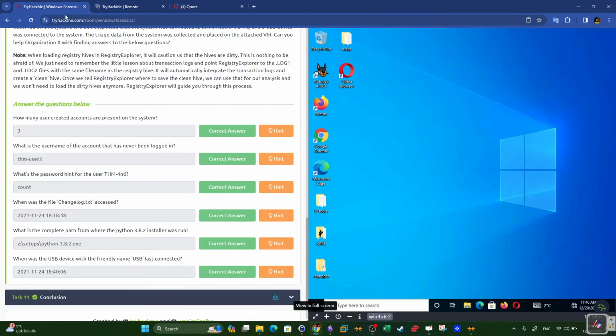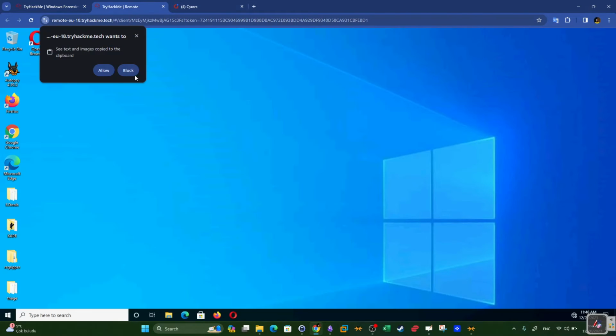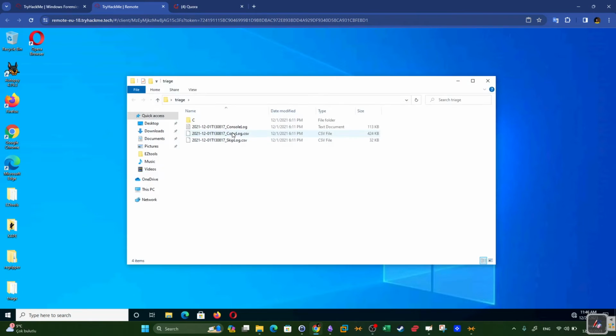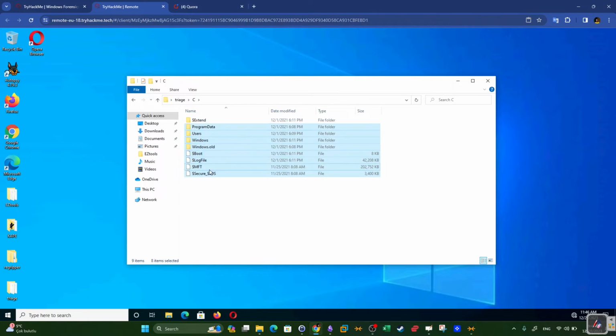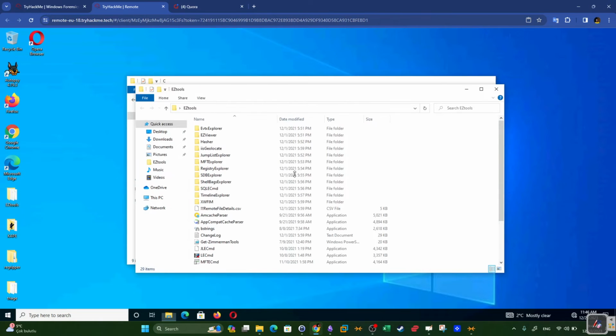Okay, let's start now with this one. You're going to say allow. Right, so the files or the registry is found here in the triage. In triage, we go to C, and we can see it looks like an image of the entire disk. Okay, so under every single directory, we can find the corresponding hive that we can take a look at. And we have EZ tools. We're going to use EZ tools to examine the registry. Double click on EZ tools and launch